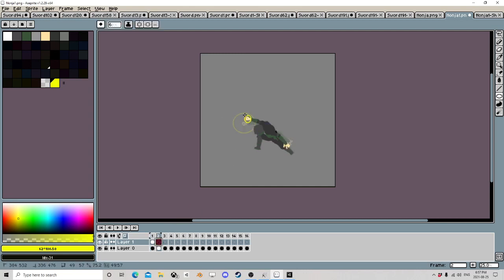And here, hold Control and expand out a little smaller. Here, hold Control a little smaller. There we go. So now if I hit play,